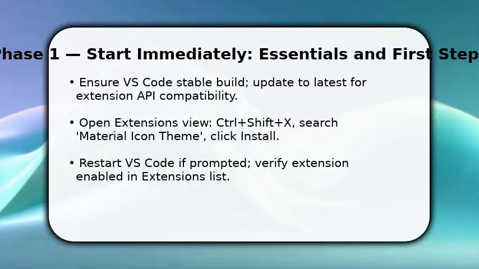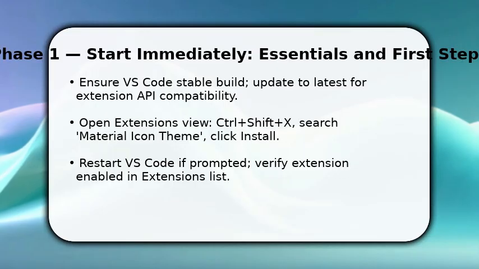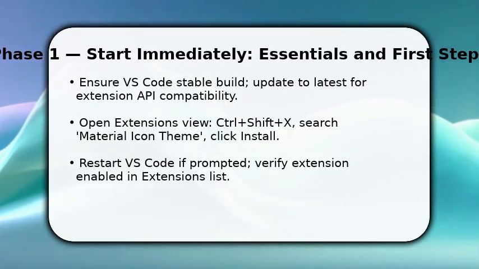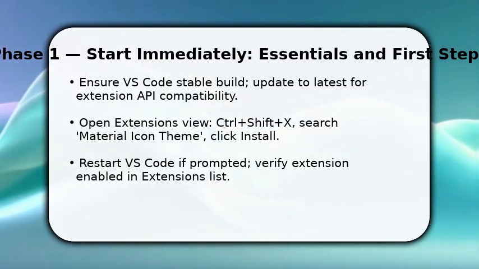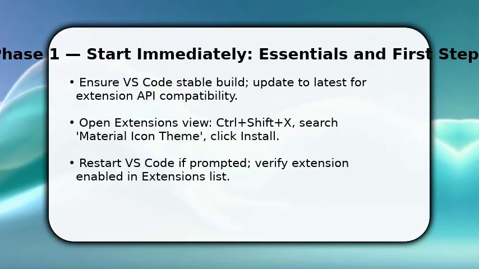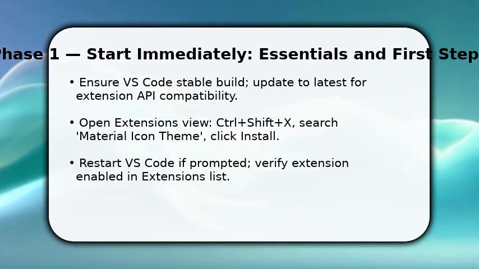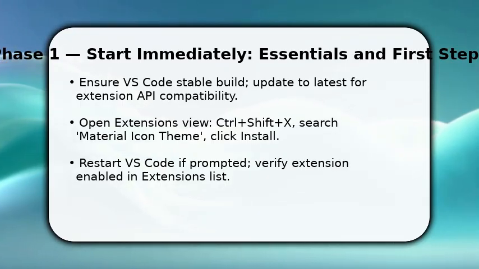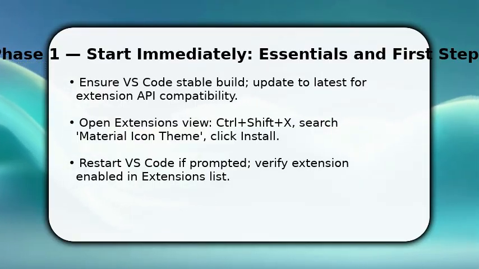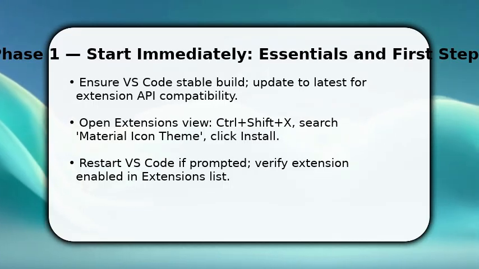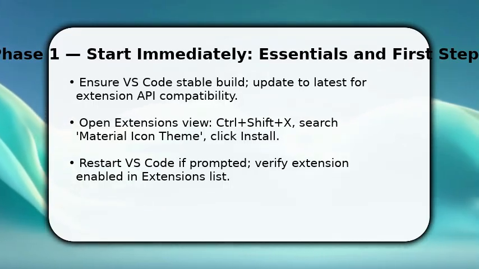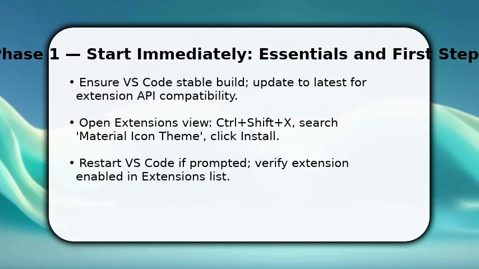You start by getting prerequisites out of the way. Make sure VS Code is updated and running a stable build so extensions behave predictably. Once done, open the extensions view with Ctrl+Shift+X and type Material Icon Theme. Install the official package. After installation, either click Enable or Restart VS Code to activate the theme. This first action sequencing avoids conflicts later and makes sure the extension has permissions to modify icon rendering and workspace